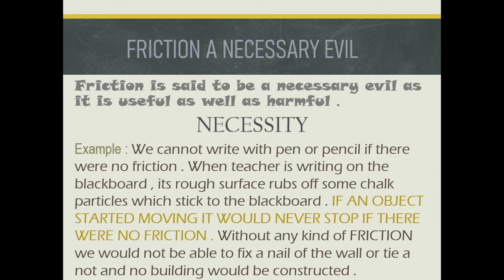Okay, so we can't even fix a nail in the wall. We can't tie a knot, we can't drill into the ground for water or whatever it is, drilling anything into the ground, that also we cannot do. We cannot really normally walk on the floor if there is no friction. So friction has got so many advantages. Friction is important to cut the apple or any fruit with a knife. Without friction, probably many normal things are not possible.